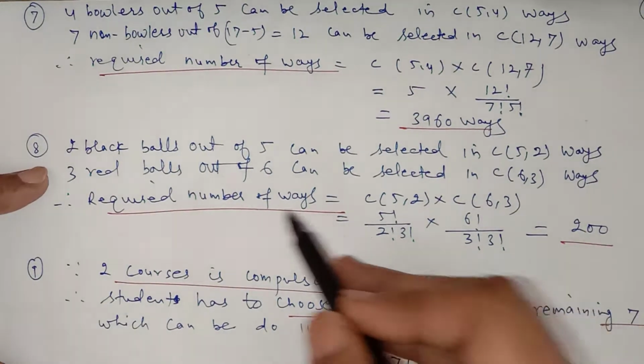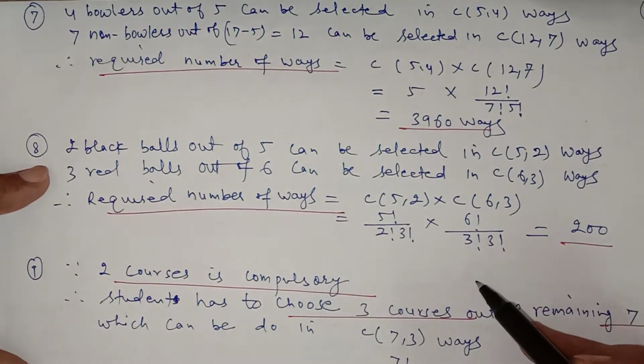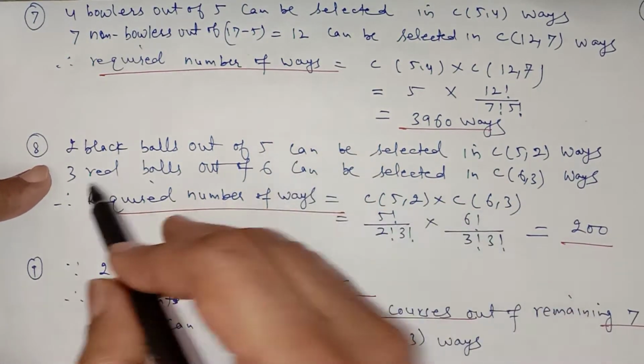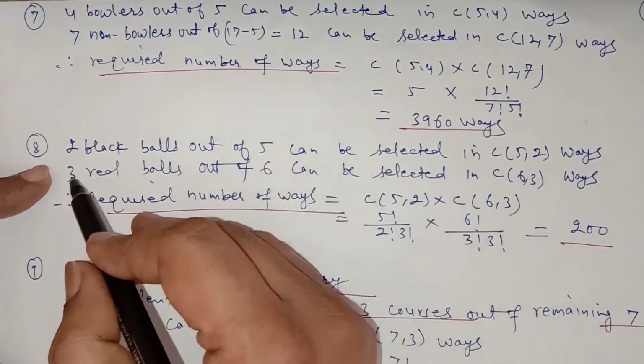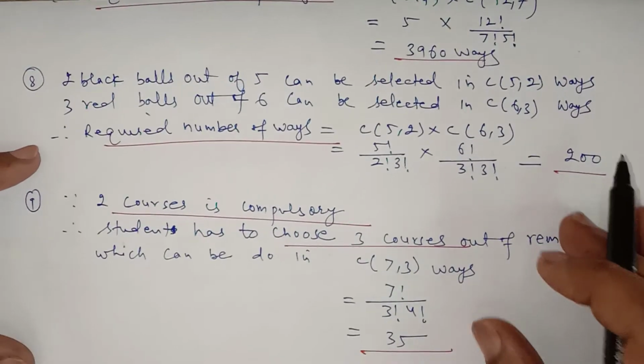Question number 8 is easy. You have to select 2 black balls out of 5 and 3 red balls out of 6. So combination of 5, 2 into combination of 6, 3. It is an easy question. In question number 9,